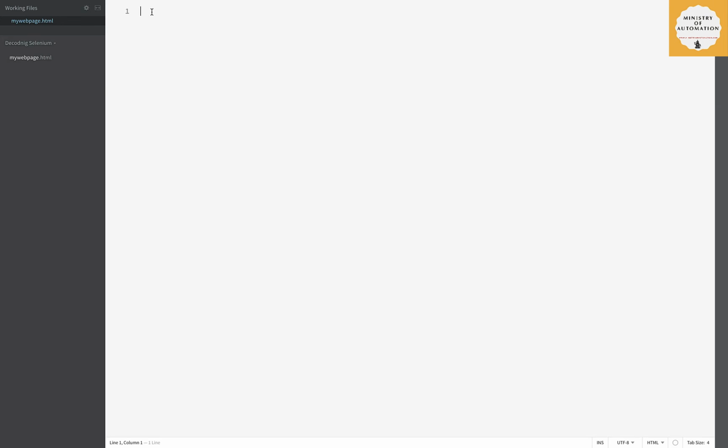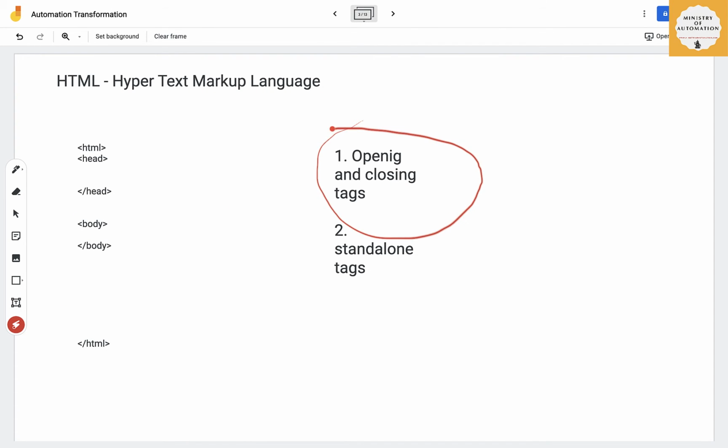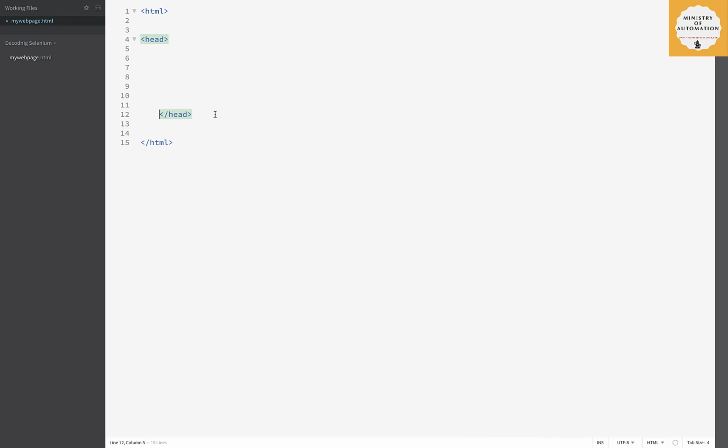Now we're going to start writing our HTML. Like I said, it has to start with an HTML tag. The IDE I'm using is intelligent enough to understand which type of tag needs a closing tag, and that's why the moment I wrote HTML, it auto-populated a closing tag. That is the beauty of using this kind of IDE, so that you save some time. Now inside this HTML tag, I need a head tag, right? It also populated a closing head tag because it understands that head is a type of tag which needs opening and closing. There are other types of tags, standalone tags; we'll see them. After head, we'll also type a body tag.